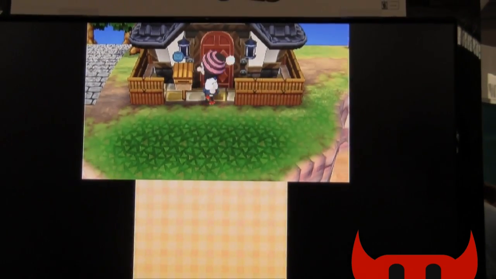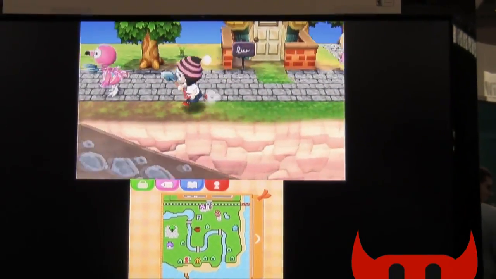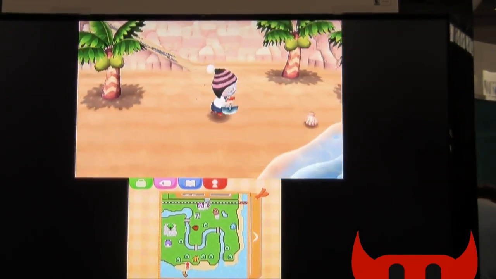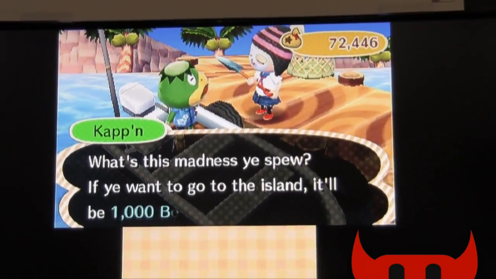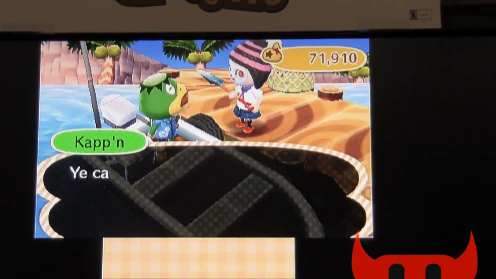And lastly, we will head to the island. So there is actually an island you can visit. Of course, all the villagers, we haven't really been talking to the villagers. You can hang out with your villagers, run errands for them as well. But down here on the dock, you've got Captain, who will take you to the island for 1,000 bells,